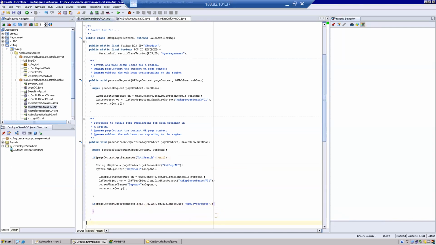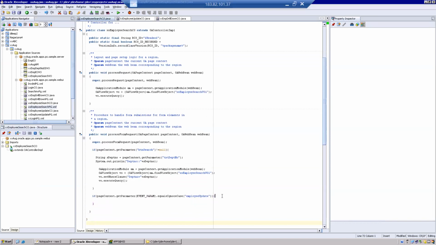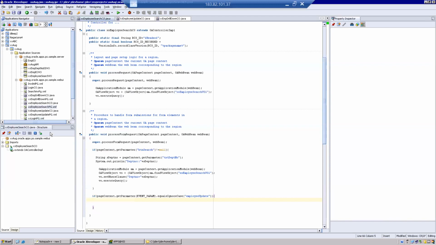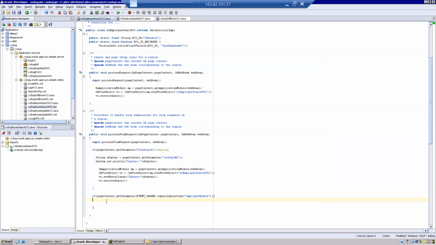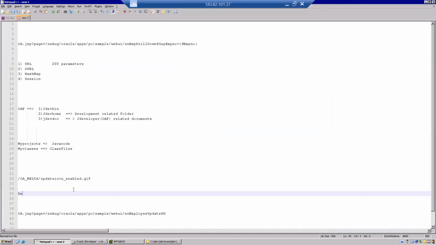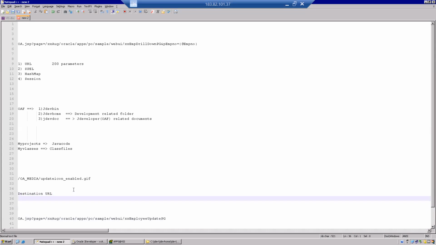you have to write the logic to go to your search page. We have seen this, suppose this is a drill down, you have to copy this, go to that page and give that. Then it will come as a link, but I don't want the link. To navigate from one page to another page, you have seen the destination URL, correct? This is for drill down. Now